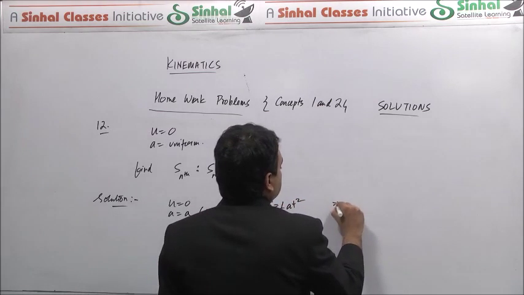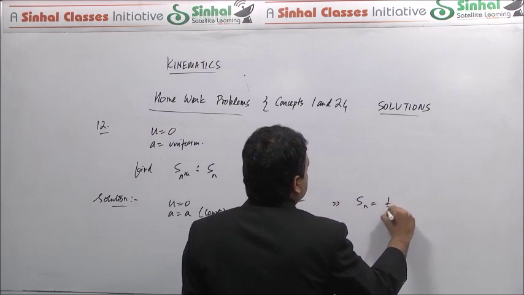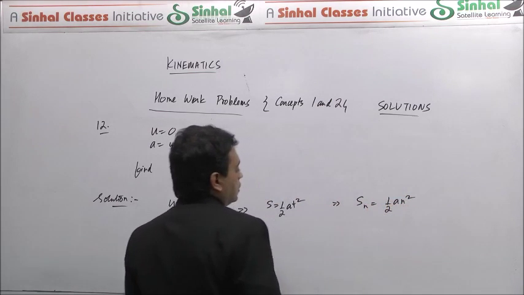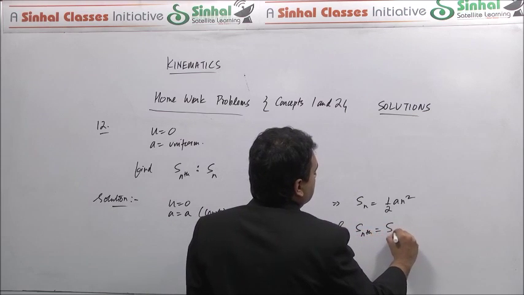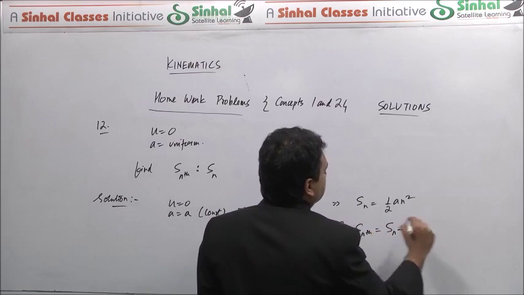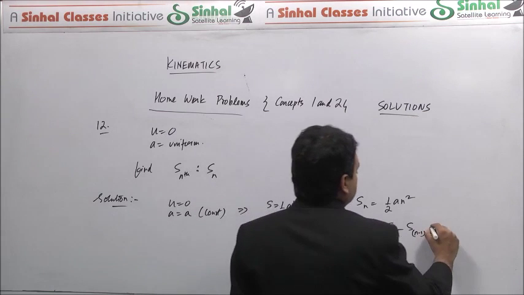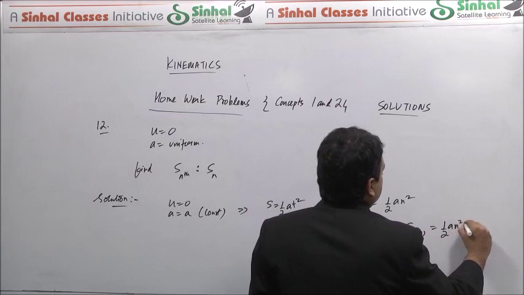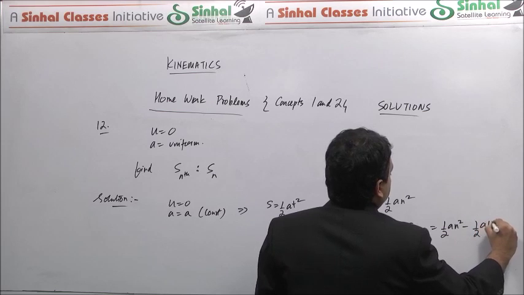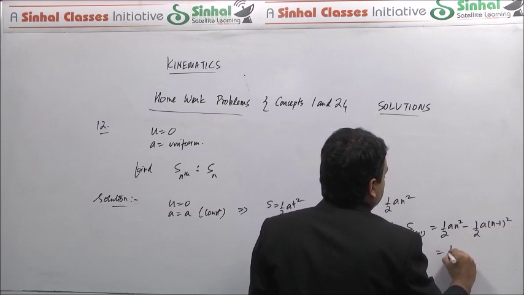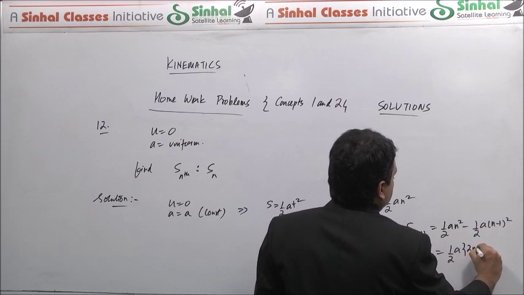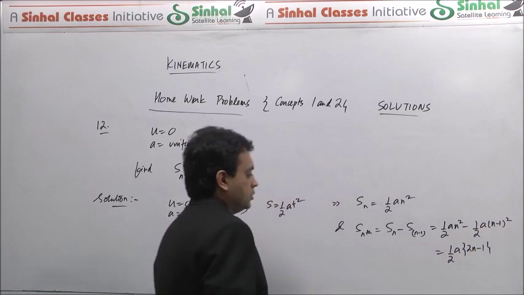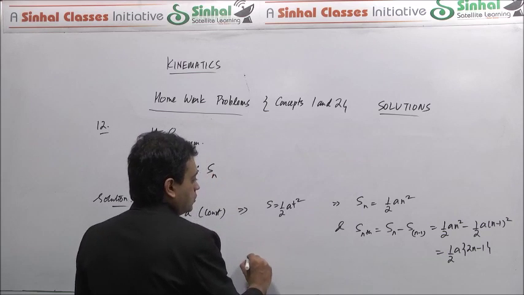So that means that the displacement in n seconds is half an square, and the displacement during the nth second itself is the displacement from n minus 1 to n seconds. Okay, so that is that much. Therefore